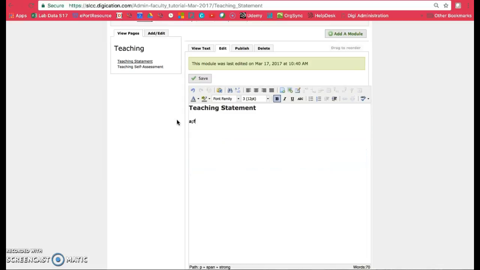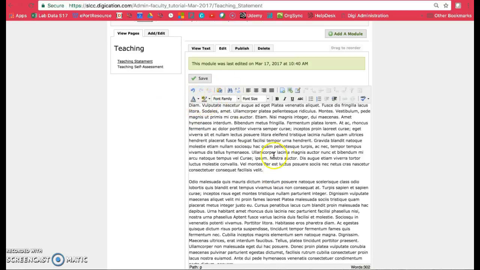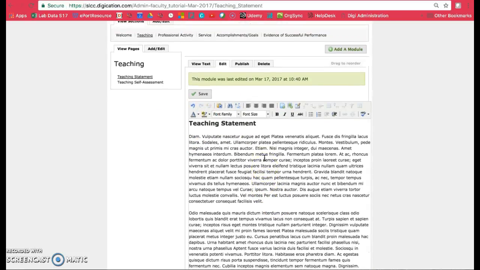And you can either type in your text for that page. In this case, I would be putting in a teaching statement. So I'm just going to copy and paste it instead of typing it in. It does look like gibberish, but we're just going to pretend that this is my teaching statement. Once you have in the text that you need for that page, you can go ahead and start putting in